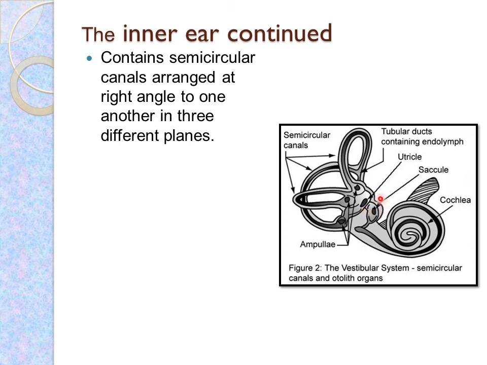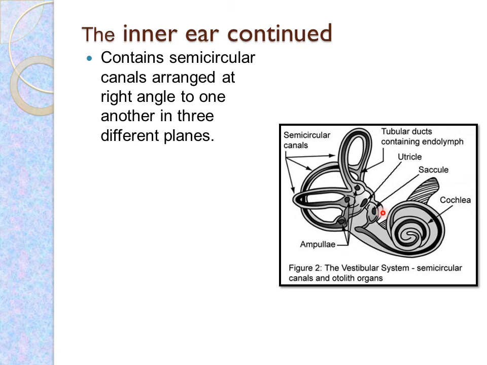These also have tiny hair-like sensory cells which help in static balance of the body while at rest. The position of the head when not in motion, like standing, they will be maintaining the balance. The ampulla will be maintaining the balance when we are moving, whereas this part will be maintaining the balance when we are at rest, that is, not moving, either standing at rest or sitting at rest.